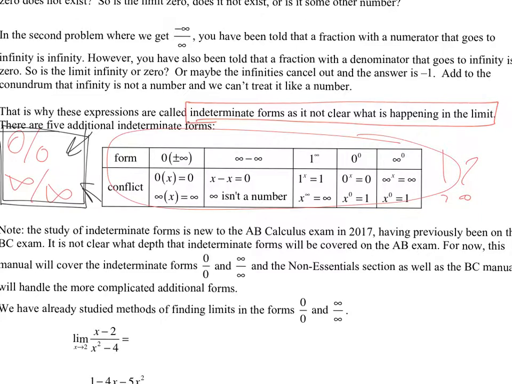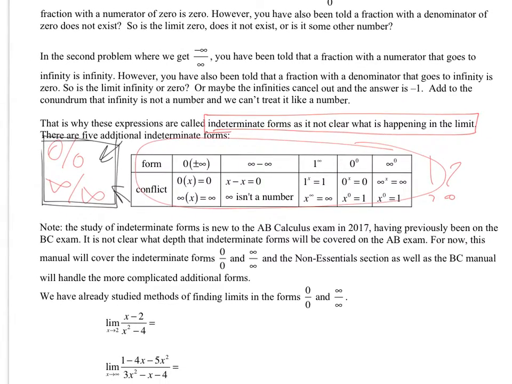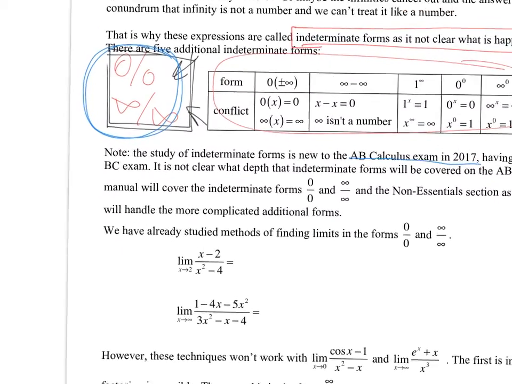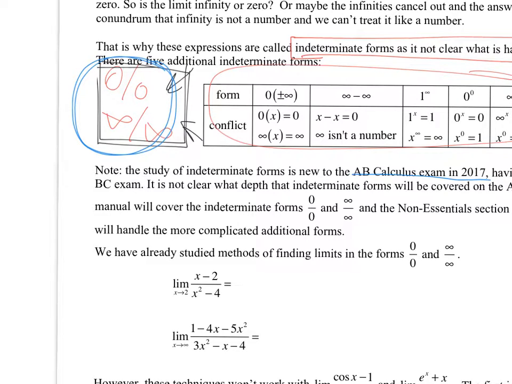We have a conflict. But for the AB calculus exam, new in 2017, you are only responsible for knowing how to deal with limits that end up in the indeterminate form of 0 over 0 and infinity over infinity. There are some techniques that you already knew how to do without the rule you're going to learn today. For example, if you had this problem without L'Hopital's rule, which is the rule you're going to learn today, you simply would factor the bottom